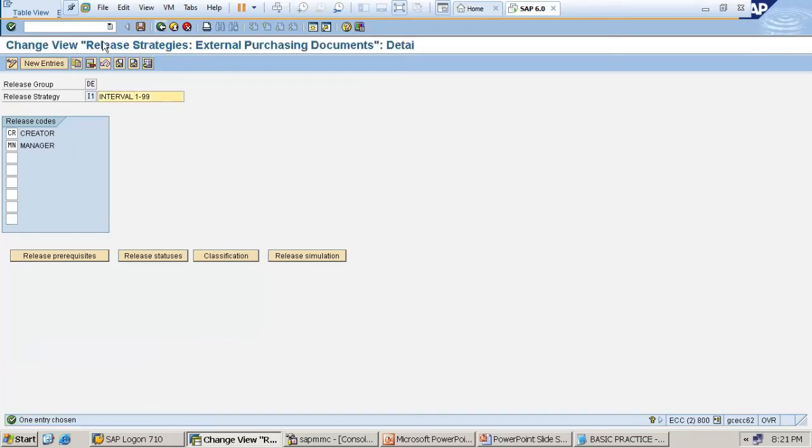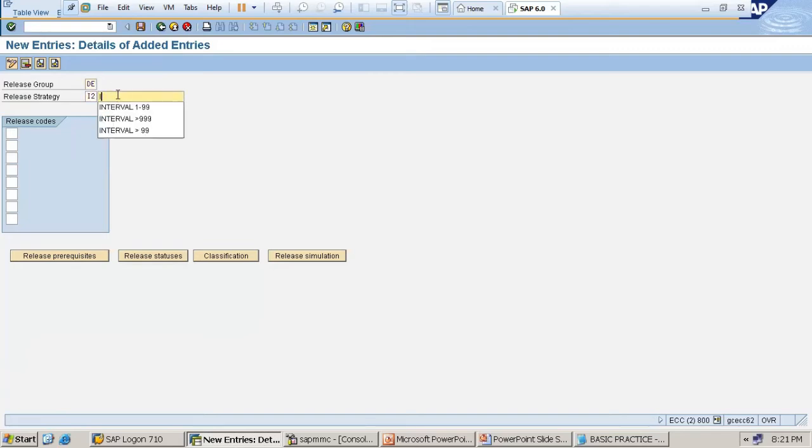Then again come back. Go for the new entry. I can take 2, sorry. DE, release group, interval 2. So interval greater than 100. I want creator, manager, general manager. Enter.